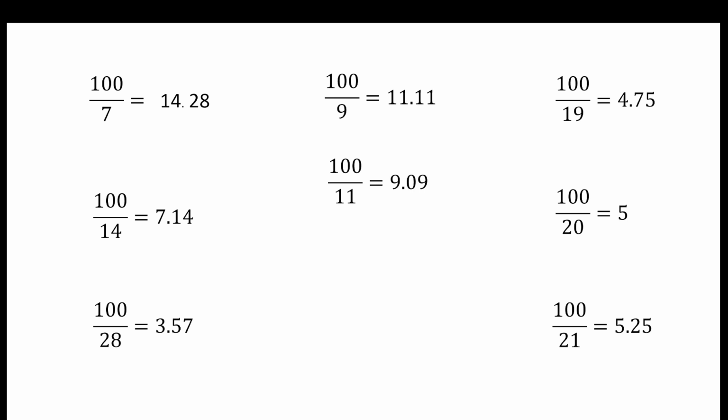Next, we'll move on to two multiples of 3, which is 100 by 15 and 100 by 18. Now 100 by 15 is easy because remember you have done 100 by 5, which is 20. So 100 by 15 will be, yes, 20 divided by 3, which is 6.666. Now how about 100 by 18? Yes, you know 100 by 9, 11.11. So half, I get 100 by 18 as 5.55. So both these multiples of 3 will remember as a number which is recurring. In 15 you have 6 recurring and in 18 you have 5 recurring.